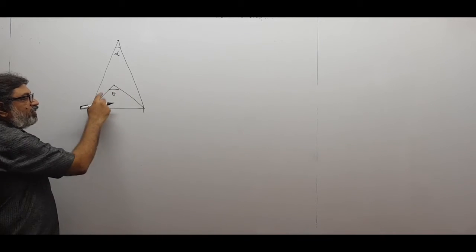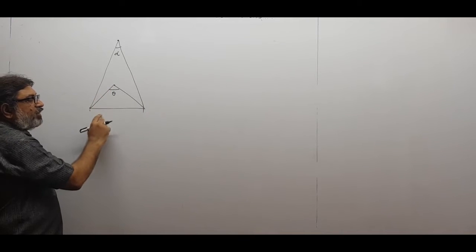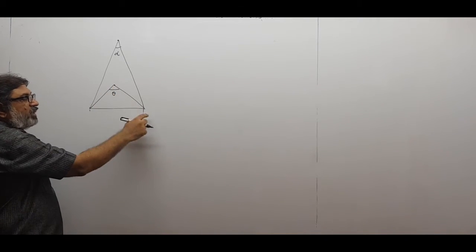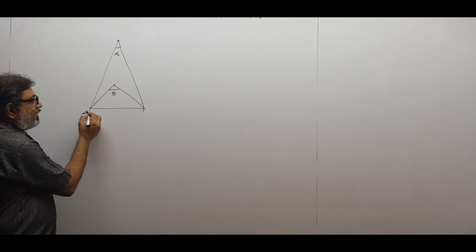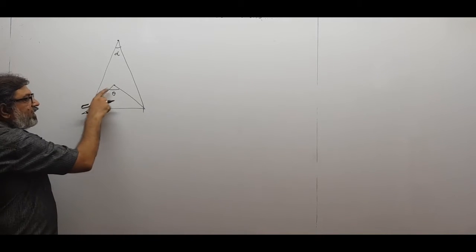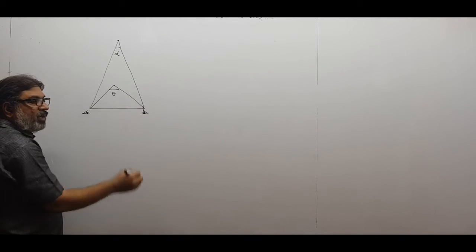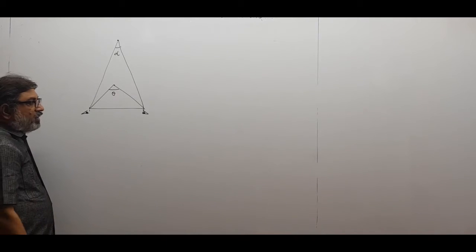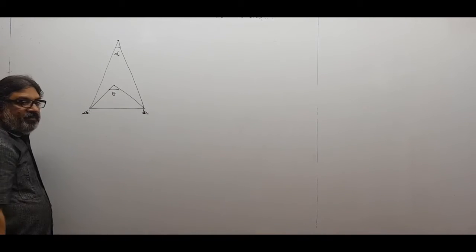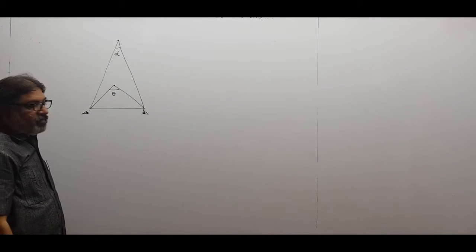So two lines of sight make angle theta. When you are here looking at the tree, this is the angle, and when you reach over here, this is the angle, this is the line of sight. So this line of sight and this line of sight make angle theta. At the first instant you are at this end of the window, looking at a tree, so this is the line of sight. Then you reach over here and you are again looking at the tree, so this is the line of sight from the two ends of the window. So two lines of sight make angle theta, and similarly alpha for this object which is very far away.